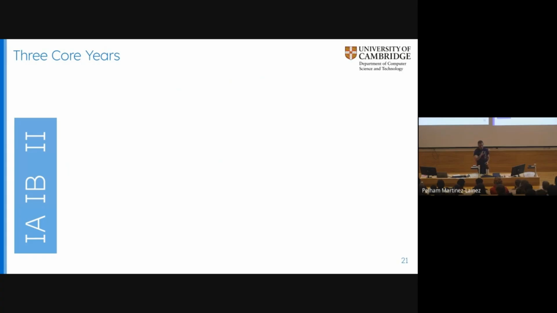3 years for a degree. And for fun, it's also a BA degree, Bachelor of Arts, because that's all Cambridge gives out. It does not give Bachelor of Sciences, just gives Bachelor of Arts. So 3 years for a BA, that's the first thing that confuses people. Then the second thing, 3 years, what are we going to name them? Well, let's call them first year 1A, let's call the second year 1B, and call the third year 2.